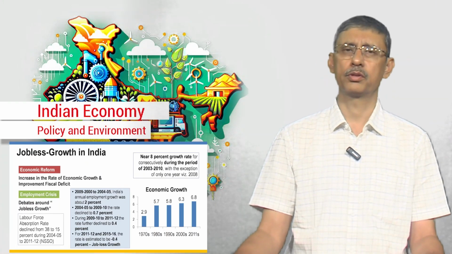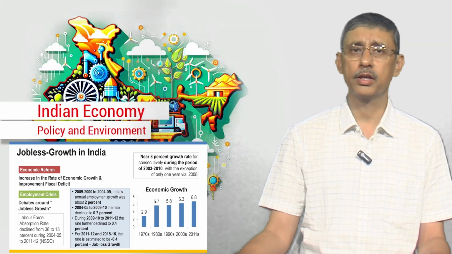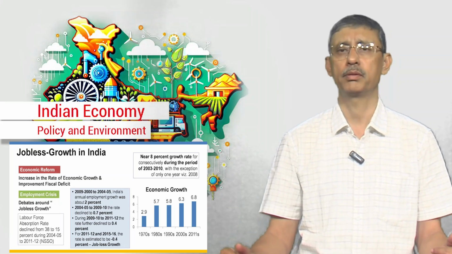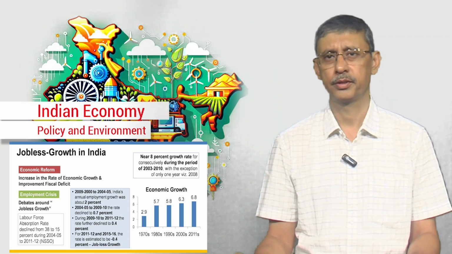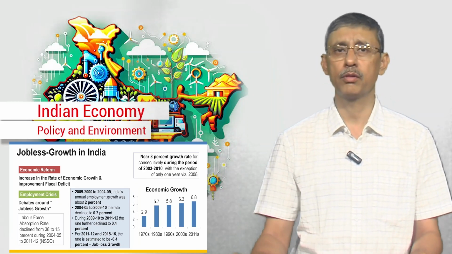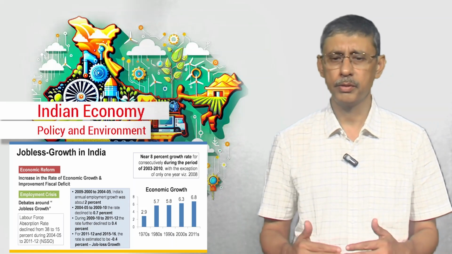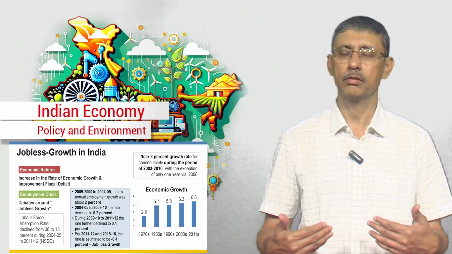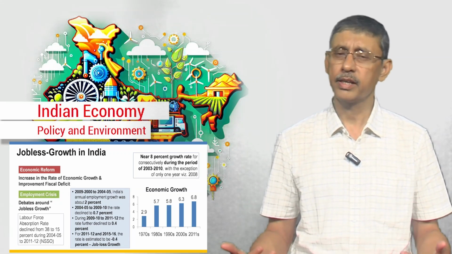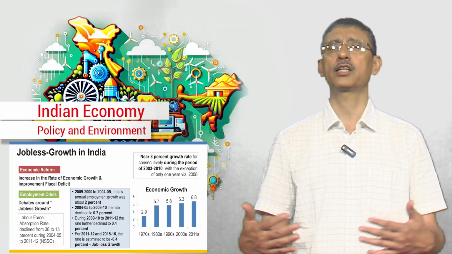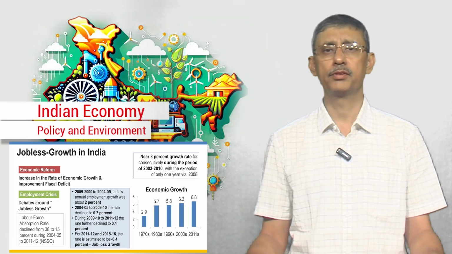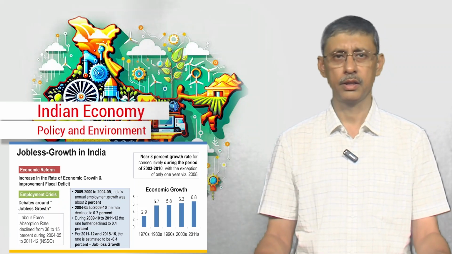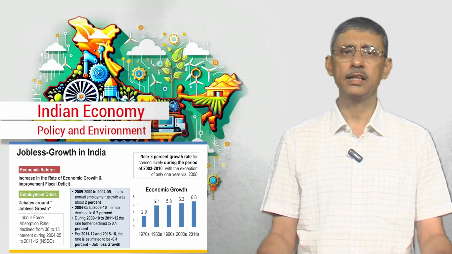The process aspect of growth, that is, whether the process of growth has been broad-based. Broad-based means whether it has allowed participation of a larger section of people, and that is measured through employment. That is, whether this growth is coming from increased employment, because growth means more output, and you can produce more output when you increase employment. And if it is there, then you have a process that is very inclusive, everybody is actually a partner in that higher growth. So that gives you a situation where the growth is broad-based, and that is a more meaningful indicator of inclusive growth.